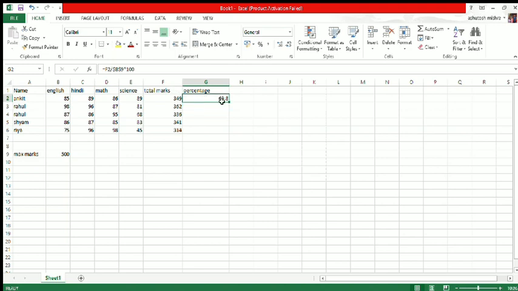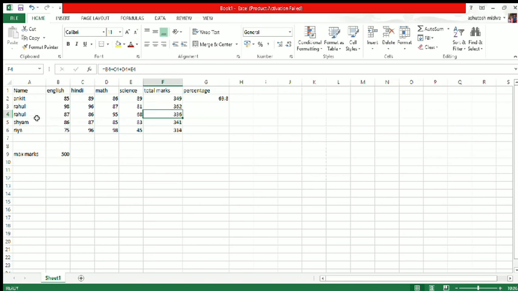Look here, I'm going to drag this formula to other cells, then this formula will be copied in rows 3, 4, 5 and 6, and the formula will automatically change. The value of F2 will change to F3 in row 3, F4 in row 4, F5 in row 5, and F6 in row 6, because the total marks of Ankit are stored in the F2 cell, Rahul's marks in F3.